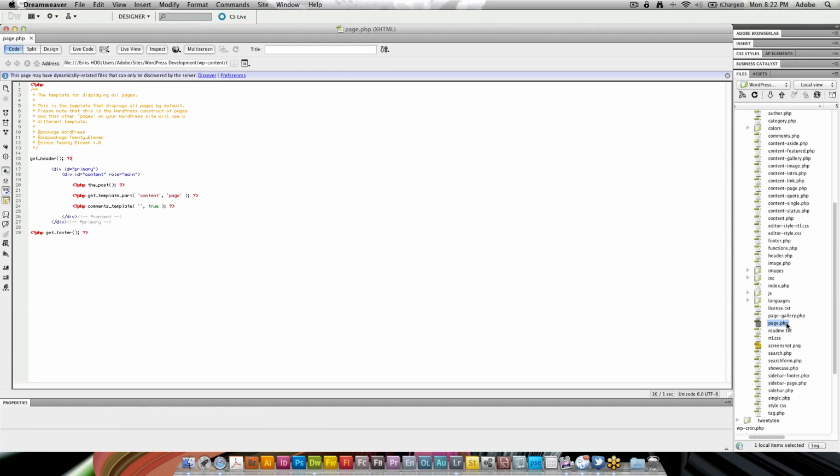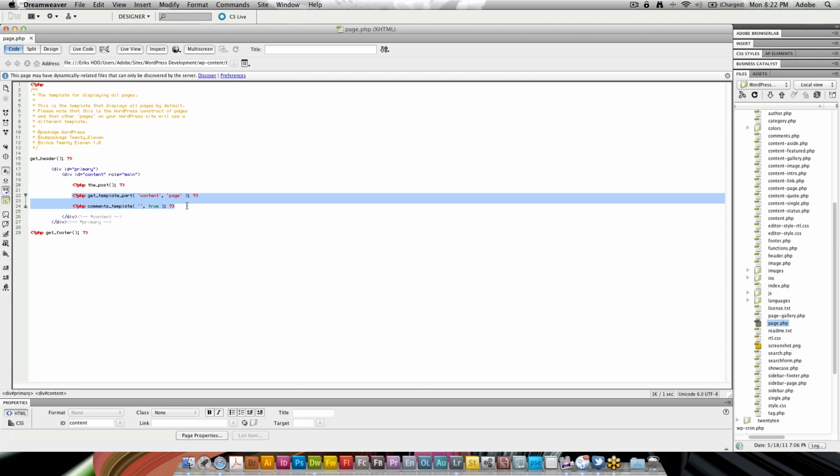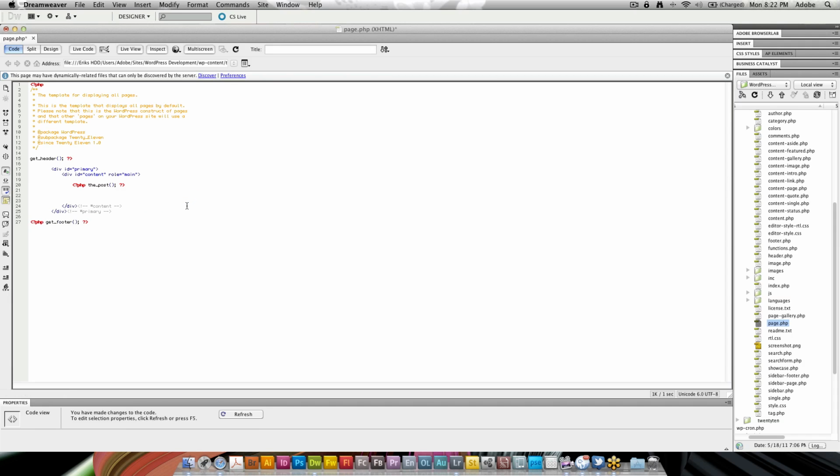So let's get down here. The page.php contains some comment code here. It gets the header of the site, does some HTML, does some PHP stuff right here. Where it says, in this case, get template part, I'm just going to delete that and comment template. What you want to make sure when you look at your theme is that it's going to say here,